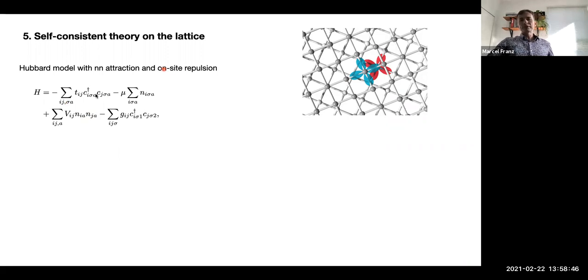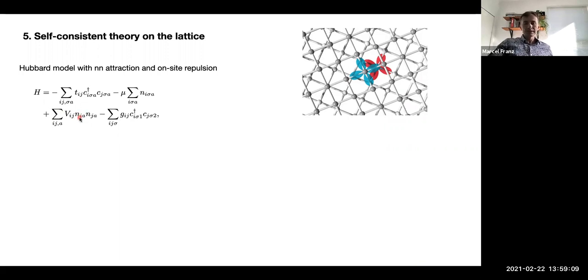Of course, it avoids the unresolved question, where does this attraction between electrons come from? We don't want to really get into that discussion, but this is a very simple model that gives a D-wave superconductor on the lattice if you simply assume that there is an attractive interaction between electrons on